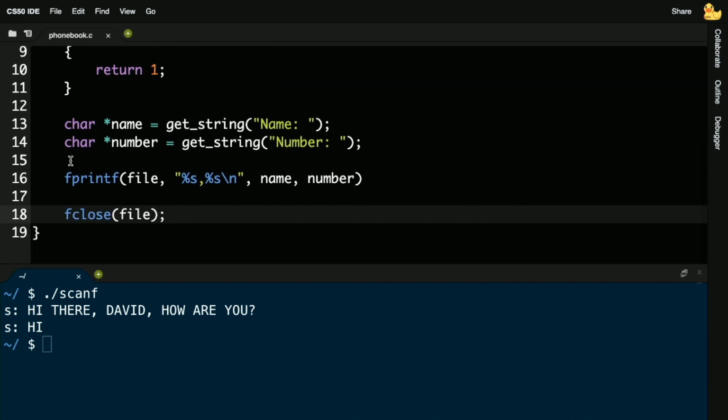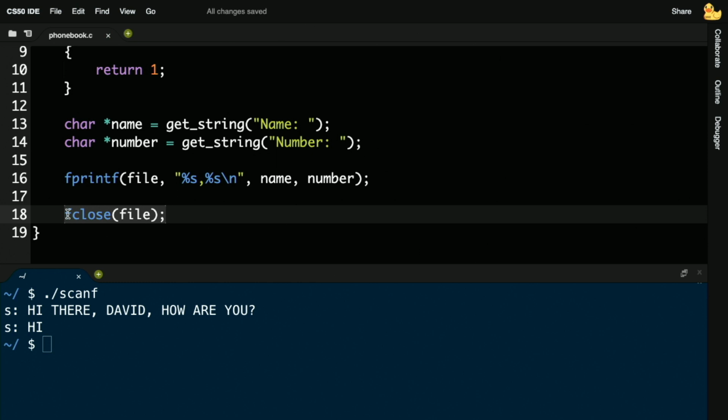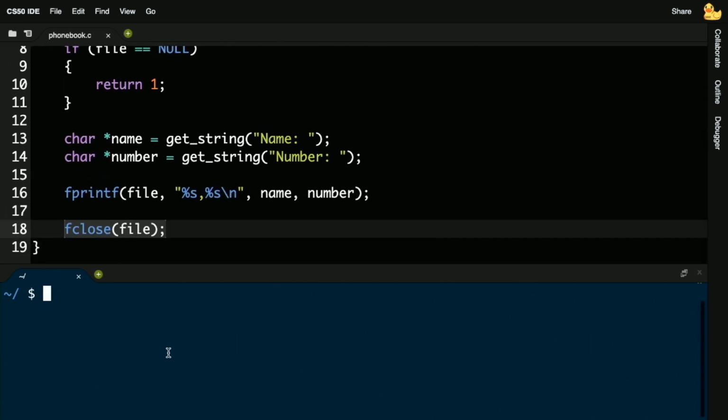So this is new. fprintf is not printf, which prints to your screen. fprintf prints to a file. So you have to pass in one more argument, the first one, which is the pointer to the file that you want to send these new strings to. Then you still provide a format string, which says, hey, fprintf, this is the kind of data I want to print to the file. And then you plug in the variables, just like we've always done with printf. And then lastly, we close the file. So in short, this program would seem to prompt a human for a name and number, and then it's going to write those names and numbers to the file.